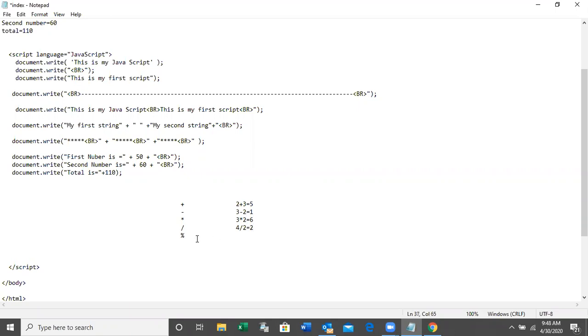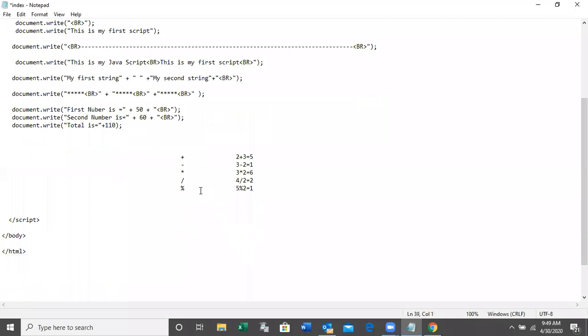The modulation operator gives the remainder. Say 5 modulate by 2 is equal 1 because 2 into 2 is 4, the remainder is 1.